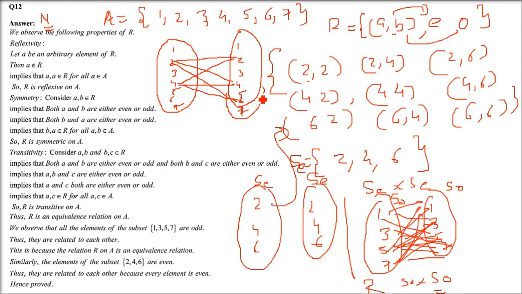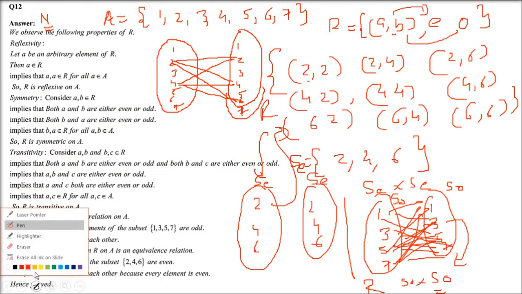So this whole set will contain what I just spoke out. I have less space, so I just spoke it out. The odd set can only be related with odd, not with the even one, as far as the condition is concerned, because both have to be even or both have to be odd. I hope you got the whole scenario. This is the scenario of this question. So we have actually solved the second part.